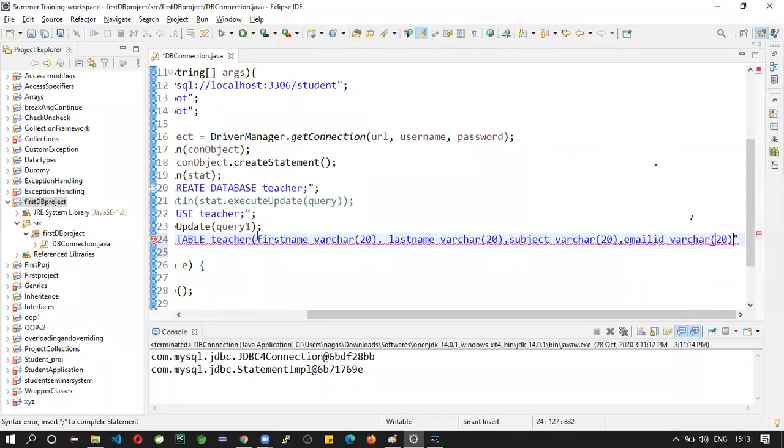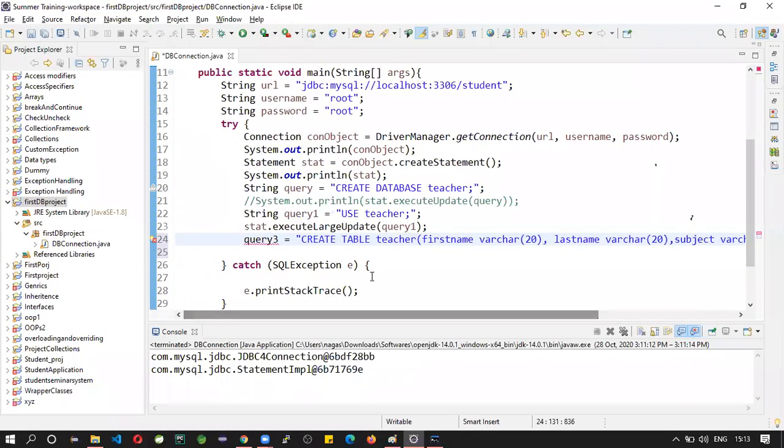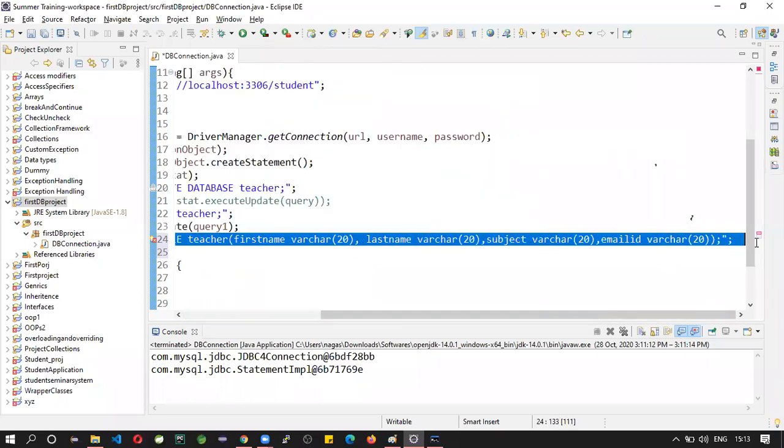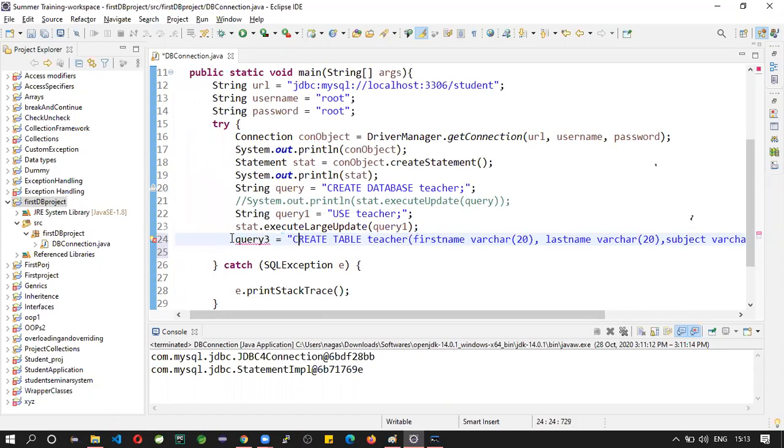Here I started the bracket, so here I'm going to end the bracket, then semicolon. See, this is a string. Do you observe that? You have to mention the query in the form of a string. So the data type of the query is string. So the query is ready.